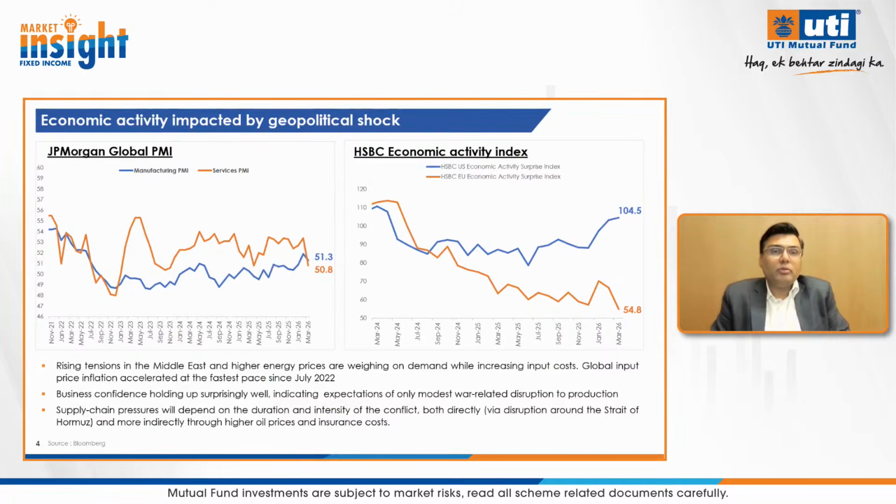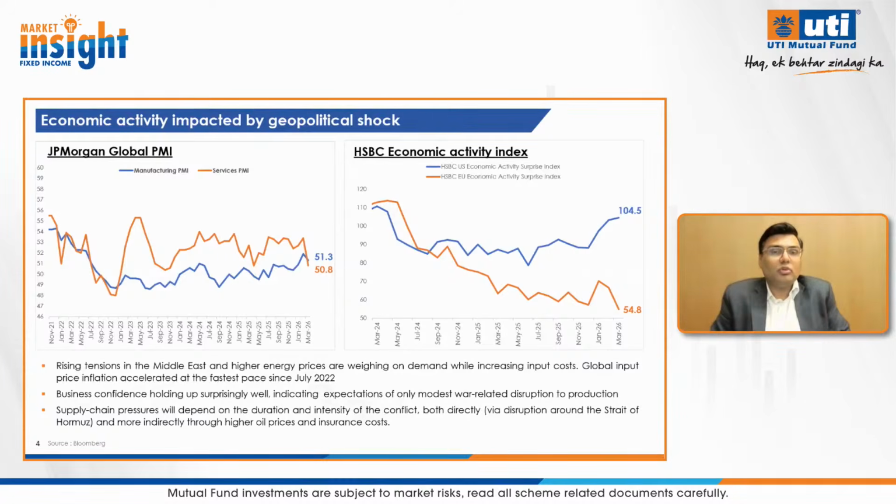So as you can see on the left-hand side of the chart, we are seeing the JP Morgan Global PMI, in which the blue line is the manufacturing PMI and the services PMI is denoted by the orange line. Any reading above 50 shows expansion, and below 50 means contraction. So as you can see, while both the numbers are still showing expansion, if you look at the trend,